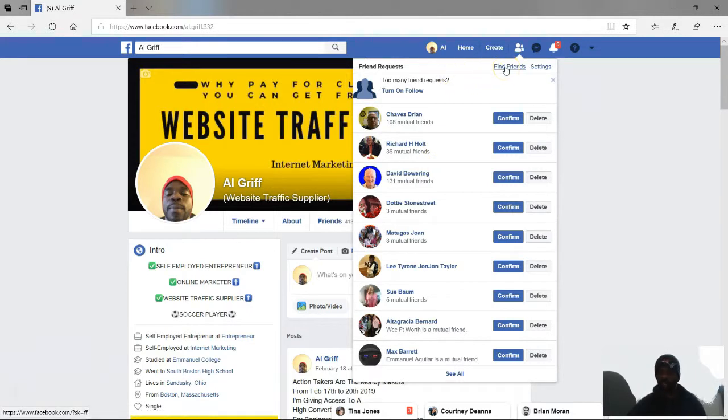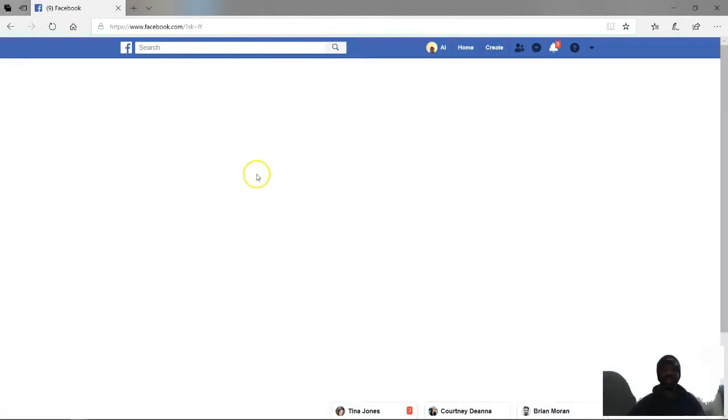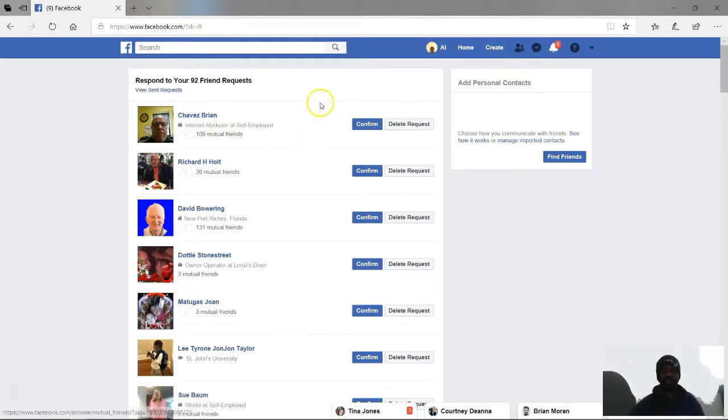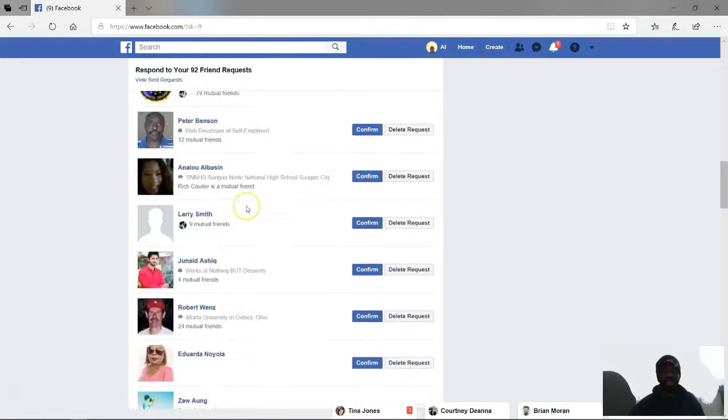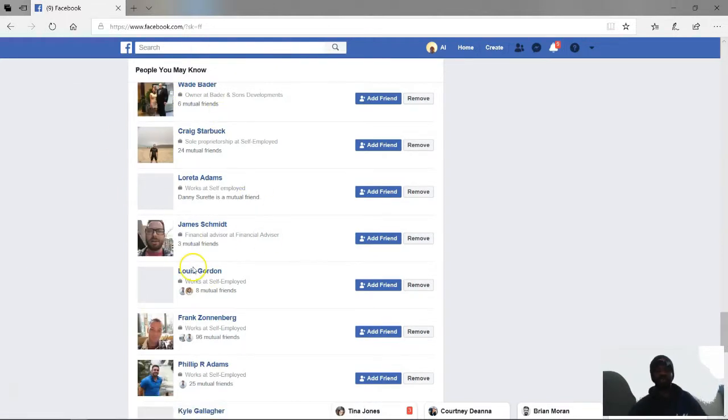If not, click on this button where it says find friends. You're going to click on that. And if my computer is actually going to move, it's so funny that once you're doing a video, it always moves ever so slow. But again, okay, there we go. So you just want to click on where it says find friends, and you just scroll through, and then you will see people down here where it says add friends that are related to what you're trying to do.